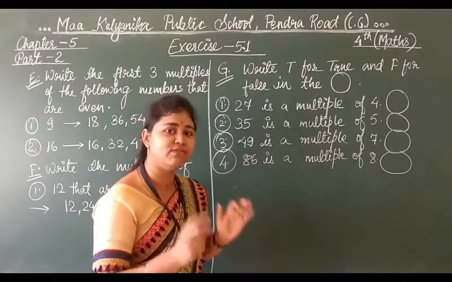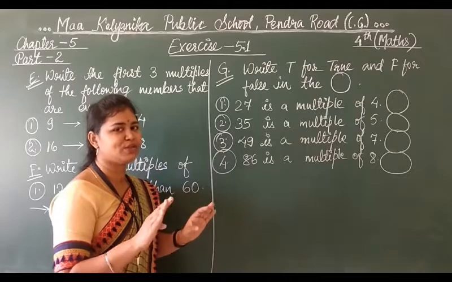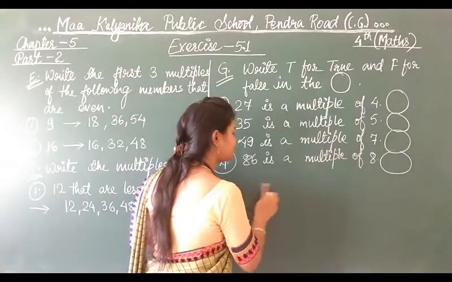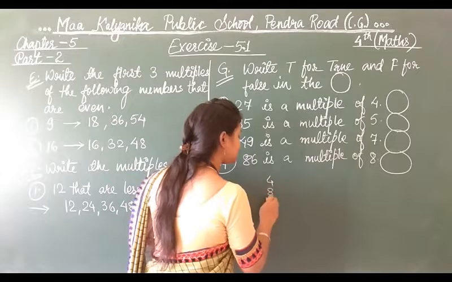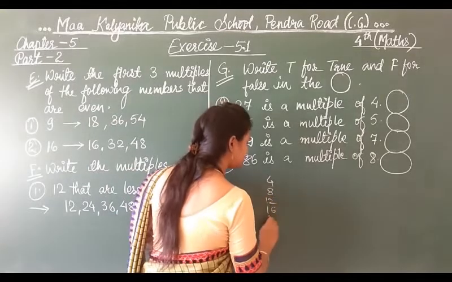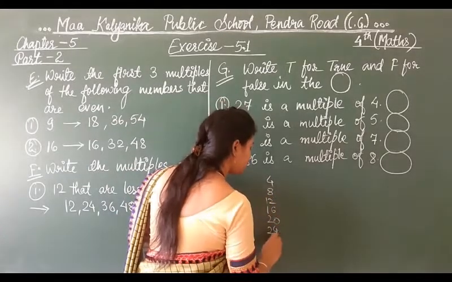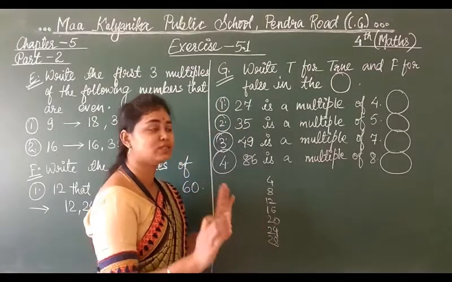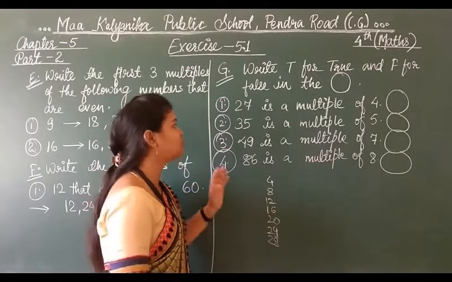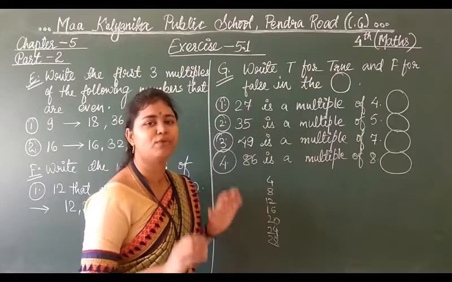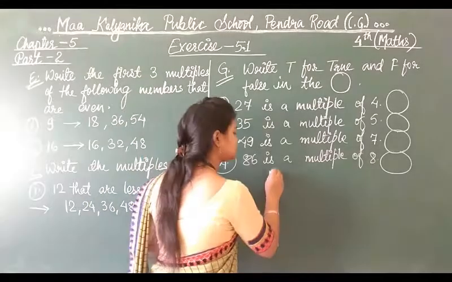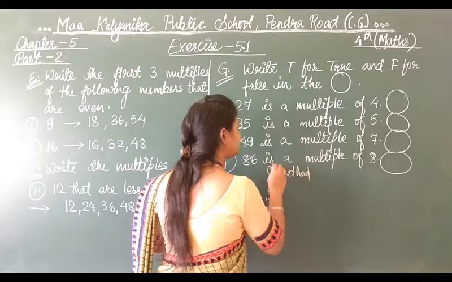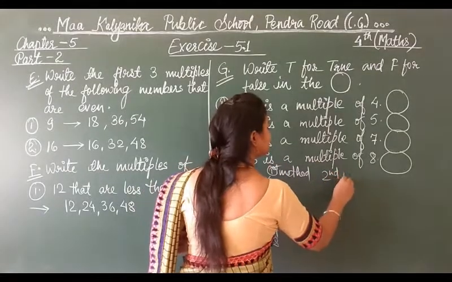If it is exactly dividing the given number, it is a multiple. If it is leaving some remainder, it is not. See here, I am checking 27. 4 ones are 4, 4 twos are 8, 4 threes are 12, 4 fours are 16, 4 fives are 20, 4 sixes are 24, 4 sevens are 28. 28 is there, 24 is there, 27 is not there. So directly we know 27 is not a multiple of 4. This is the first method. Now the second method is,